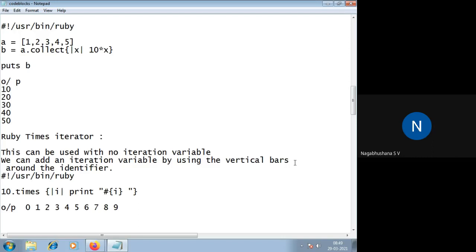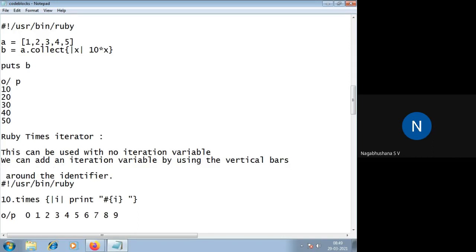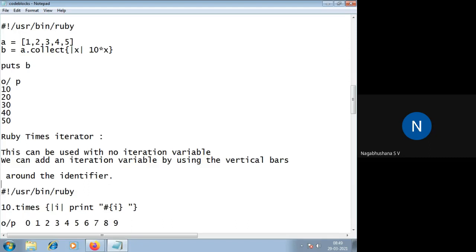In the previous classes, you remember that I said if you are using a for each, and in the braces you write 0 to 9, then all the elements are printed in sequential order from 0 to 9. Similar to that we have what is called the times iterator, where you need not use an exclusive iteration variable.